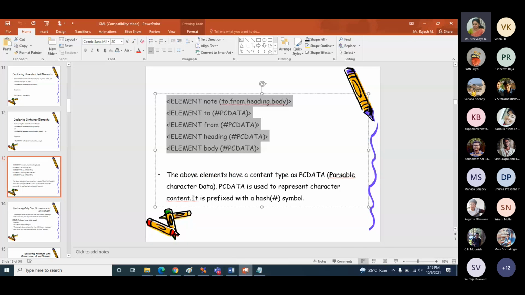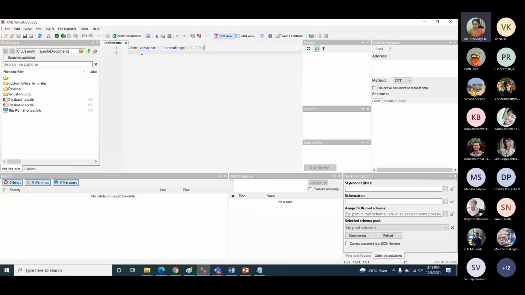In the validator body, this first line is not required. It is not an XML document I am making, it is a DTD document. So up to this is the first line. This happens because I have copied. When you type, it will not happen.